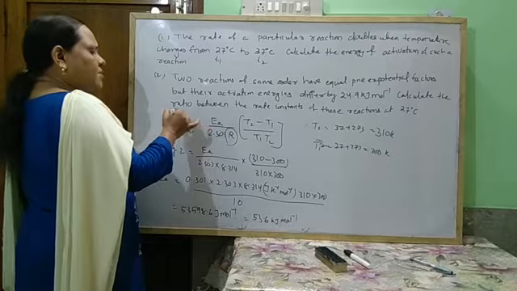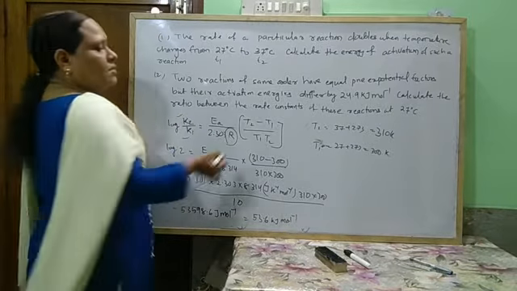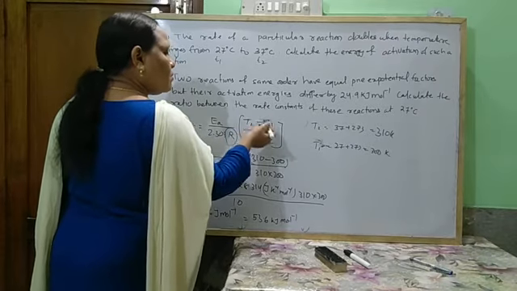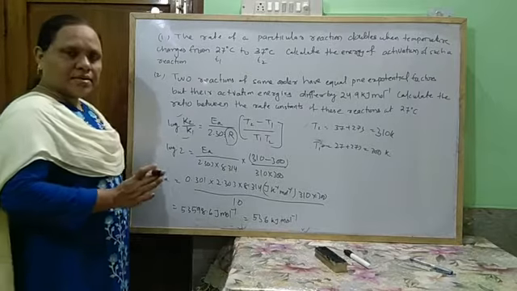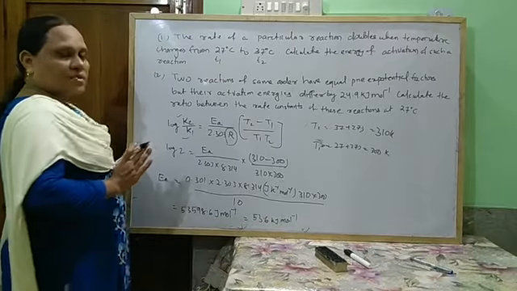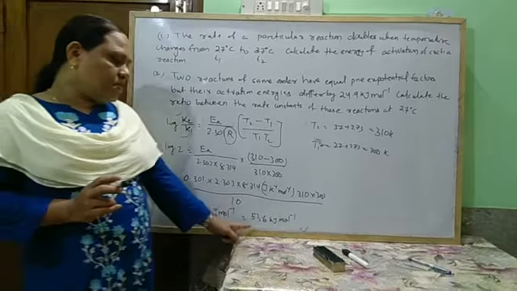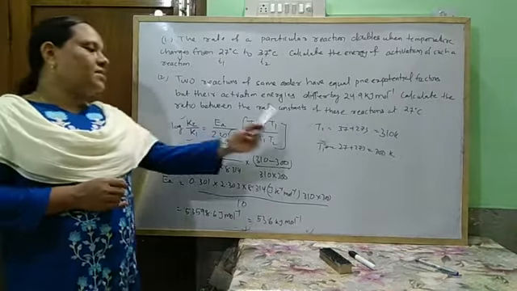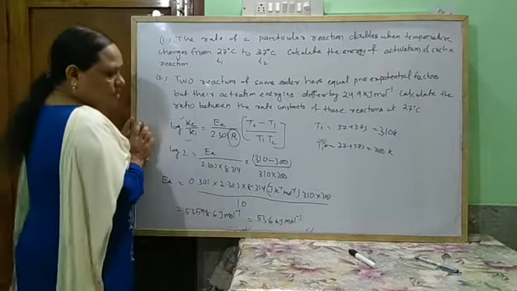Okay, so either you may be asked to find K2 or K1. If the temperature is not given, you may find T2 or T1 or EA. So among the 5 variable factors, any 4 will be given and the other will be asked. So here the activation energy is asked, and this value is 53.6 kilojoule mole inverse. For that, this is the formula. Okay. Next, come to question number 2.